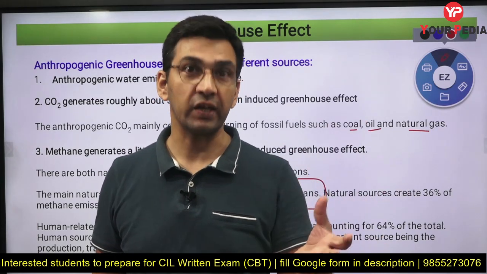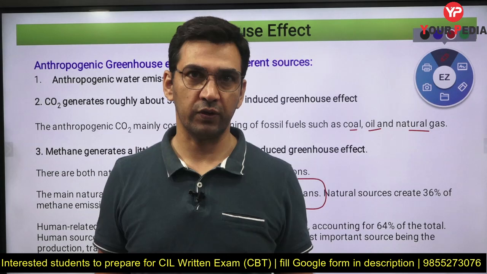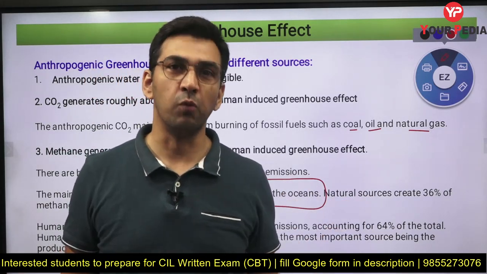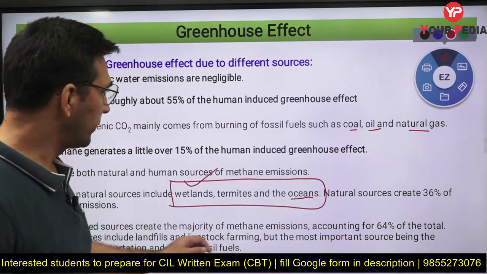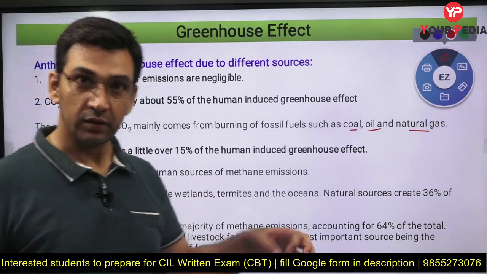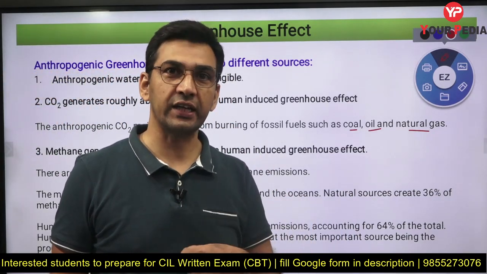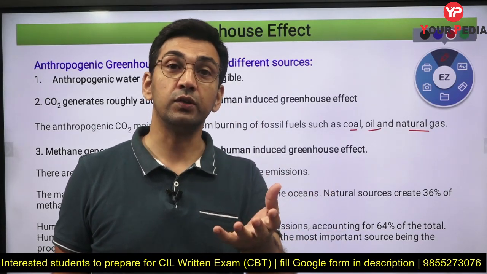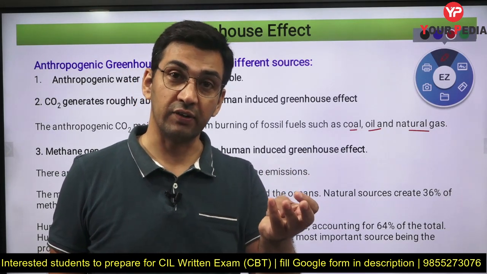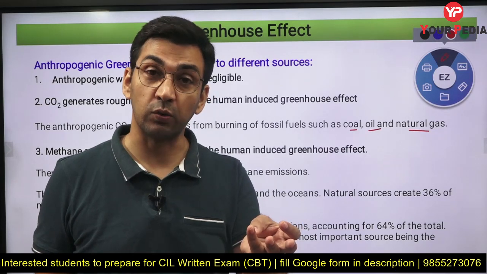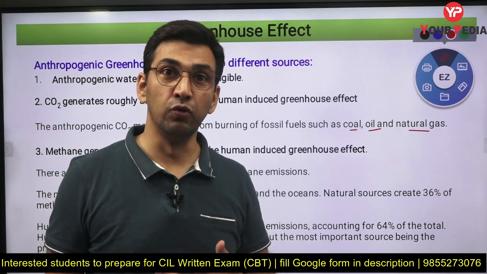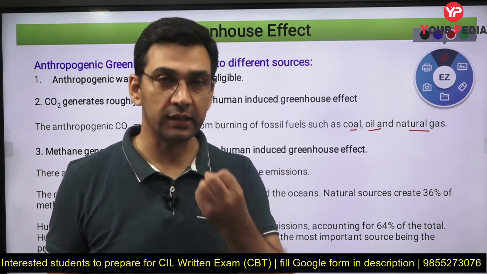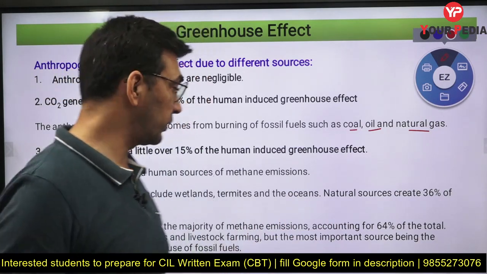For example, paddy fields, rice fields: there you are going to have a lot of methane released. Wetlands are also such areas, where you have relatively more water content, marshy areas we can say, and oceans also, and termites, insects, because of their digestion activity, during that process methane is released. Also animals, for example goat, sheep, or particularly cow: when they digest their food, through burping, from their mouth that methane is released. So that is also one of the predominant reasons.